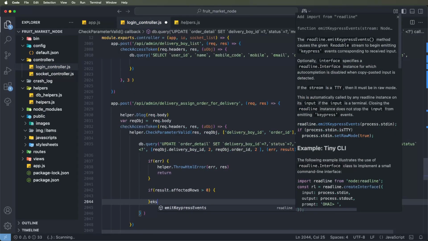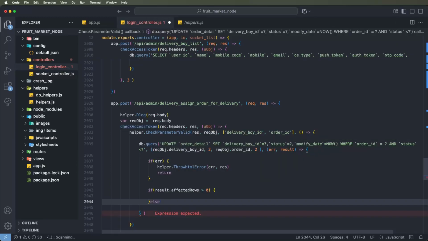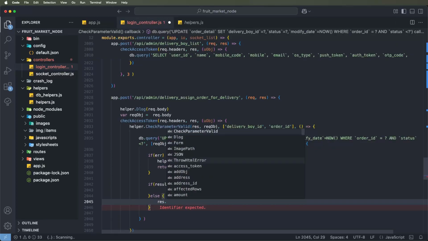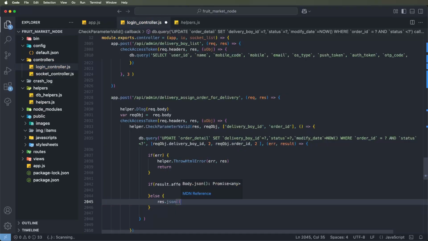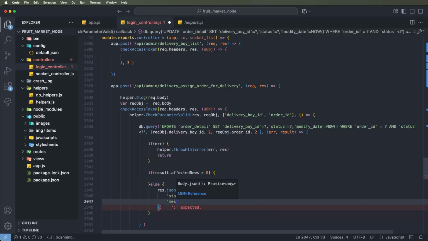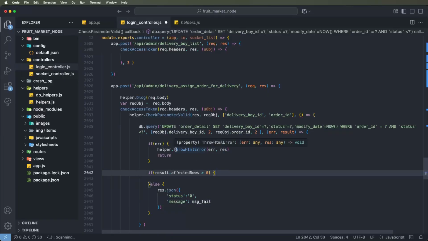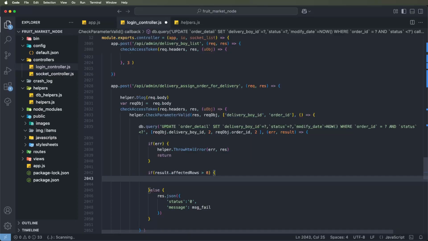Else part: we need to return the error message for the server response, status 0 and message fail. If this works well, then write down the update status API also,